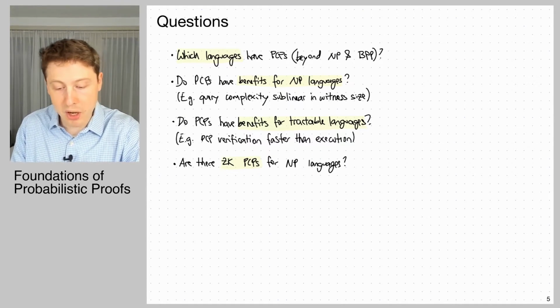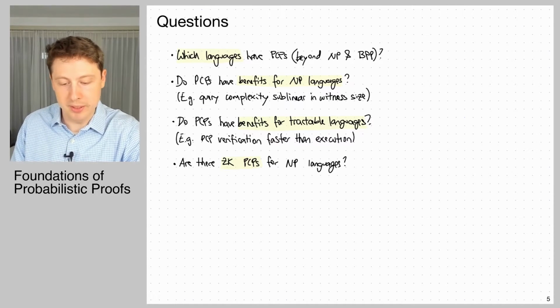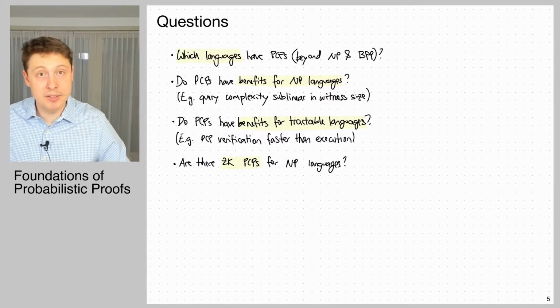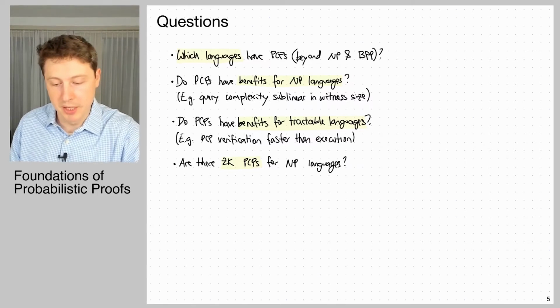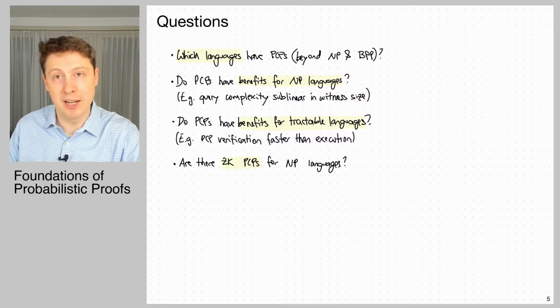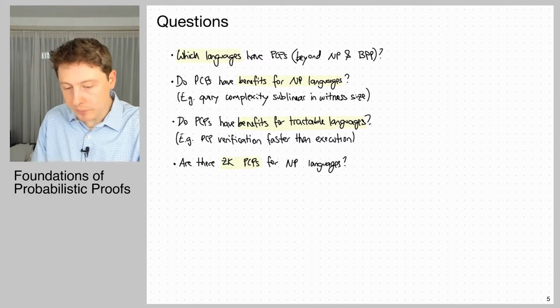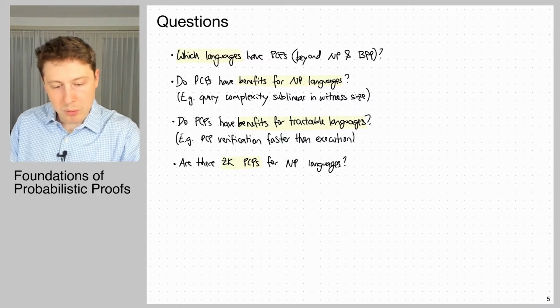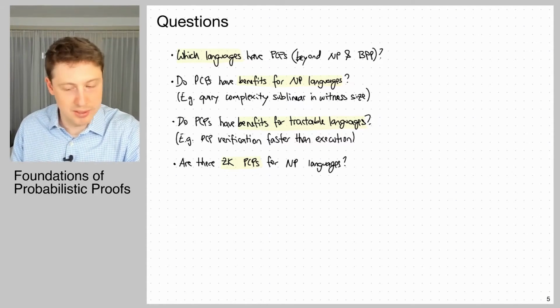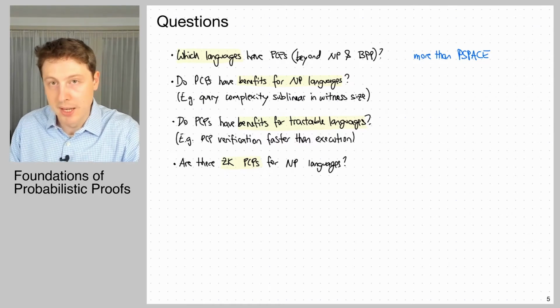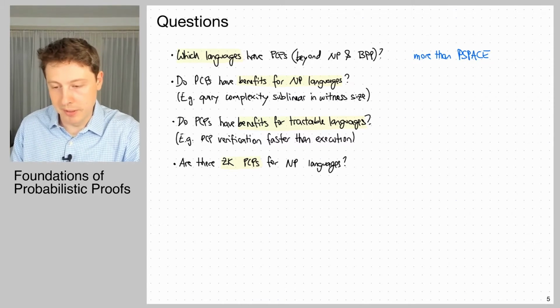You could talk about zero knowledge. Are there zero knowledge PCPs for NP languages? The answer for interactive proofs was unfortunately unlikely, right? We had zero knowledge interactive proofs for things like graph isomorphism and more generally for languages that must be inside AM intersect co-AM. So we could be asking these questions here. And we'll be visiting some of these questions in the next few lectures, but just in broad strokes,